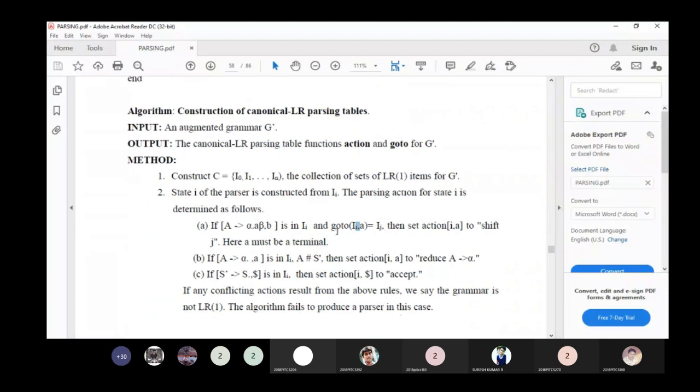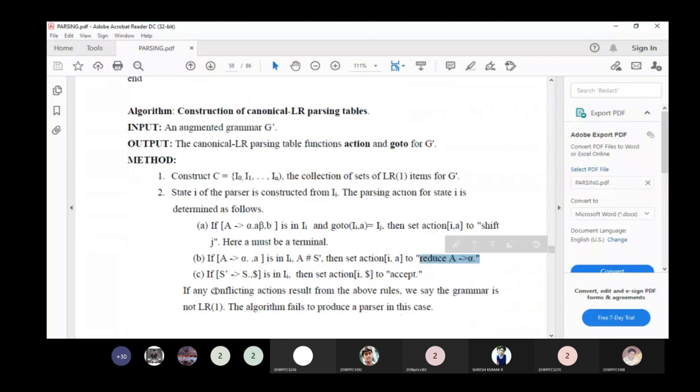Here a must be a terminal. Similarly for reduce: for the lookahead a in state i, we write the reduce action A → α.